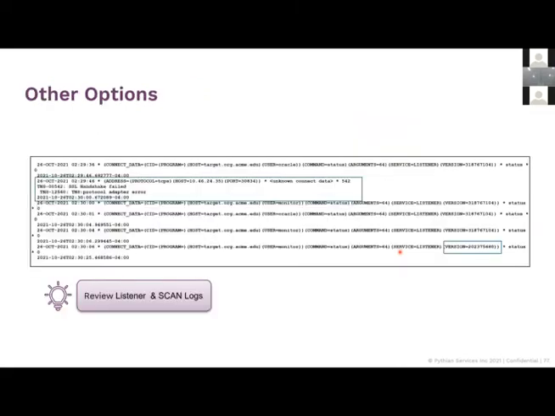As I said, that particular view, v$session_connect_info, does not store the information historically, but there is a place where you can find this information. That is your listener logs, as well as the scan listener if you're on RAC. These logs have a lot of information, but this information needs to be decoded. It's not handed out in a very straightforward manner. For example, over here we see the host, that's pretty simple. You see the port, that's the port of the listener. You see the protocol. Okay. But the version is in a very cryptic manner, 232 something, something, something. So how do we convert this into a known database version?